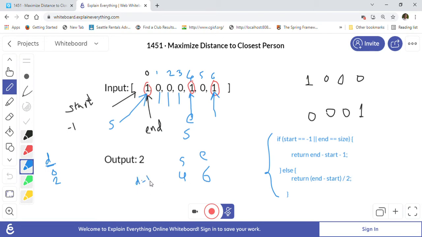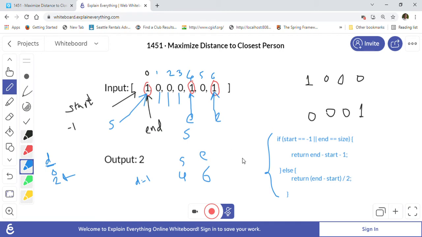So we don't want to update our max distance, right? We have a max distance, which we want to keep as 2, because 2 is more than 1. So we will just keep going, right? So at the end, what we will do here, we are already now at the end, right? End is here, so end is at 6. So we already traveled all the array now.